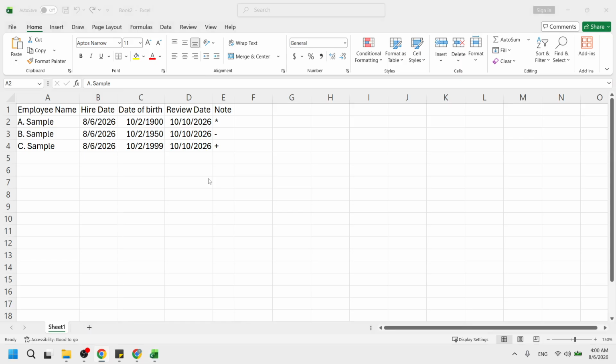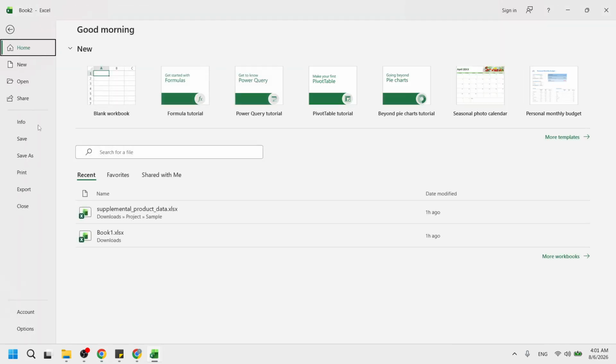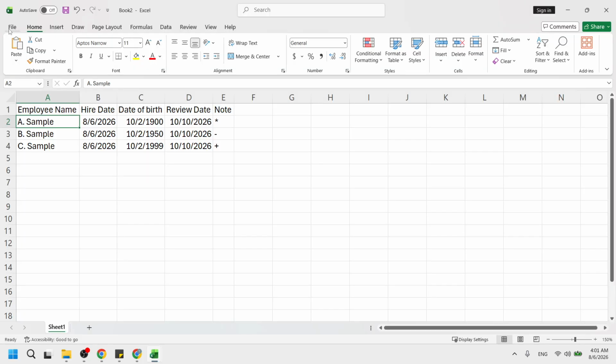Next, open an existing book. Click on the workbook that already contains your list of people and their dates of birth. You can pick it from the recent list or browse to find it on your computer. When it loads, you should see your columns of data, including the column that holds the date of birth values, usually with a header at the top such as date of birth or DOB.